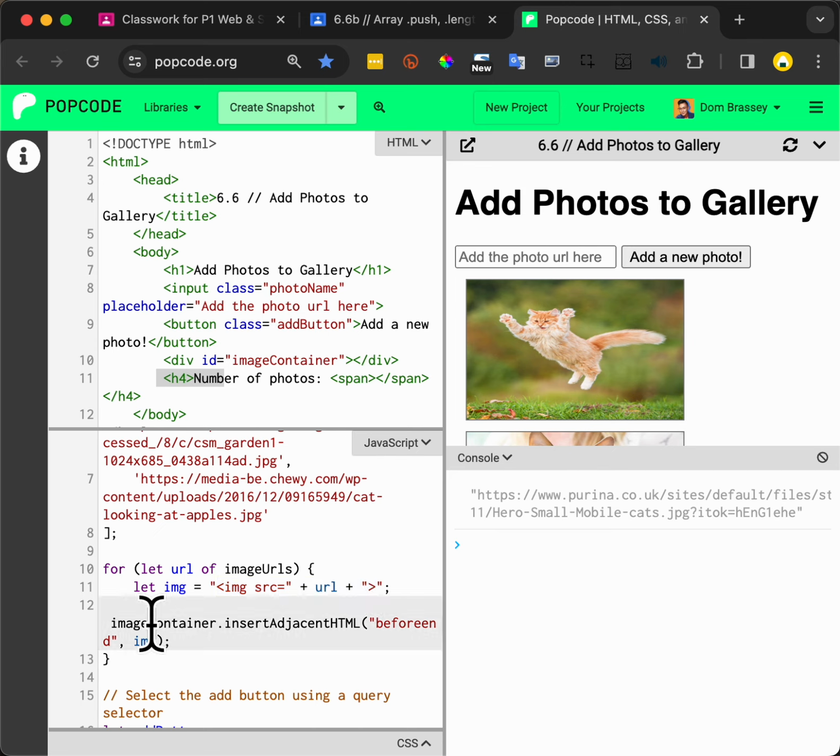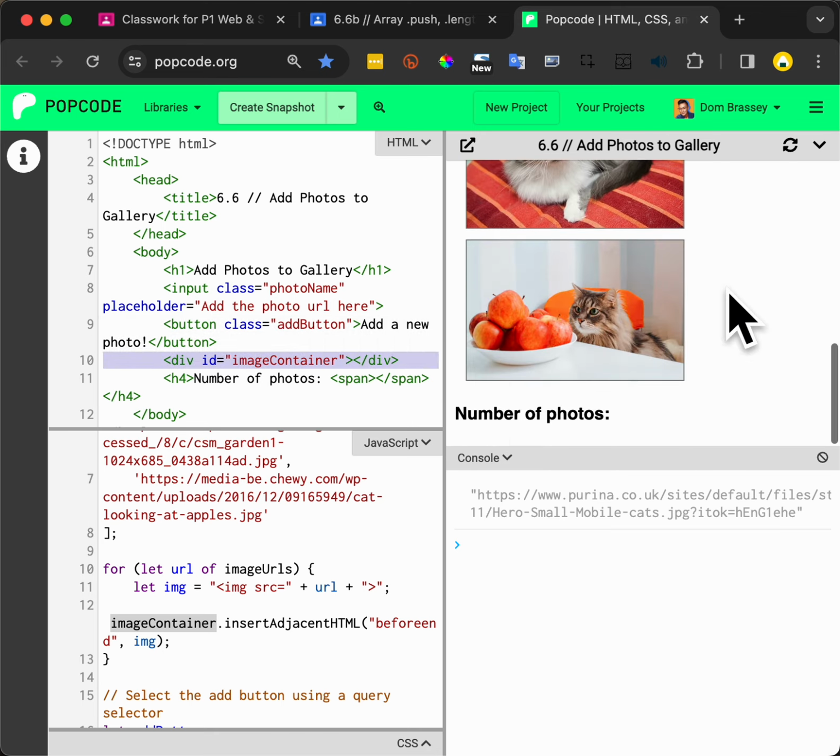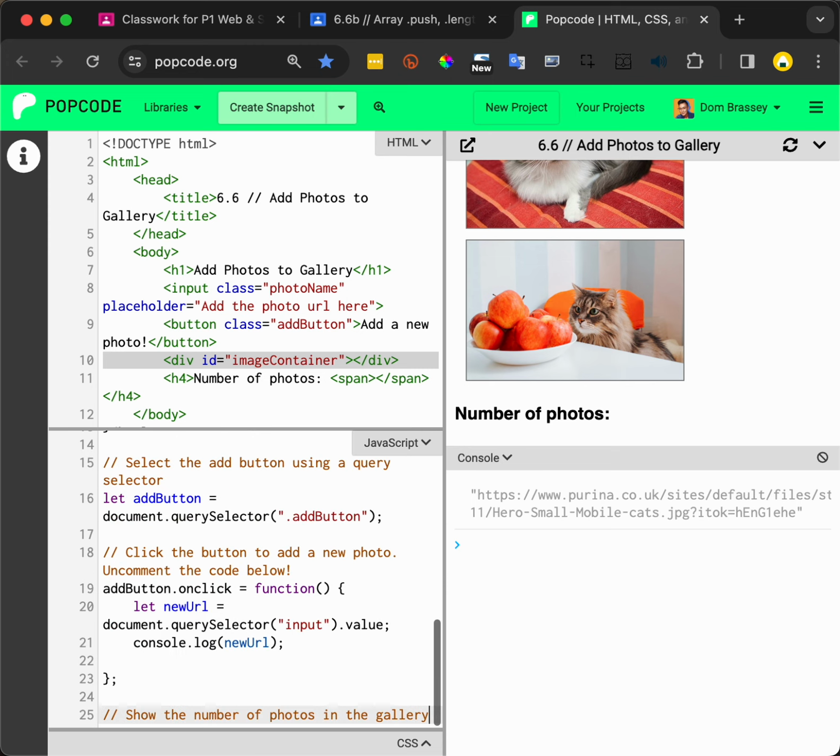And then in this image container, which is right here, the image container holds all of these things. So in the image container, we want to insert adjacent HTML and insert image. Well, I wonder, could we use that? If I copy this, what I'm going to do here is paste it,